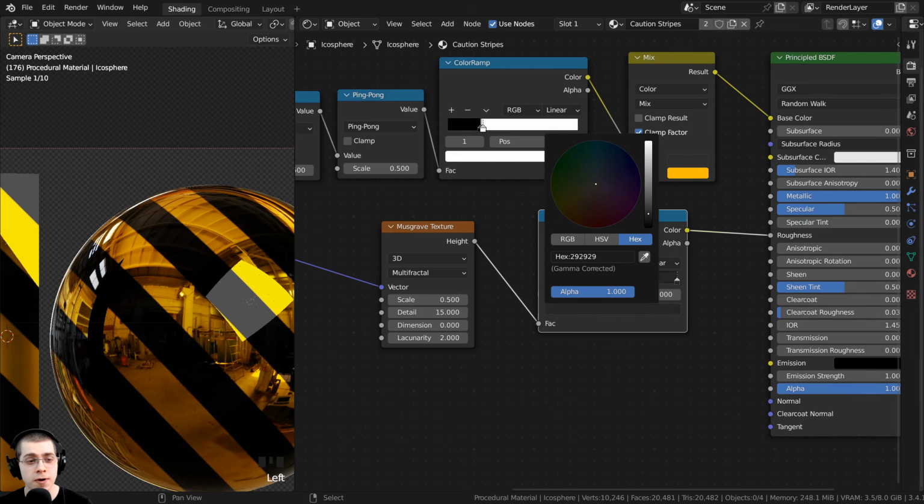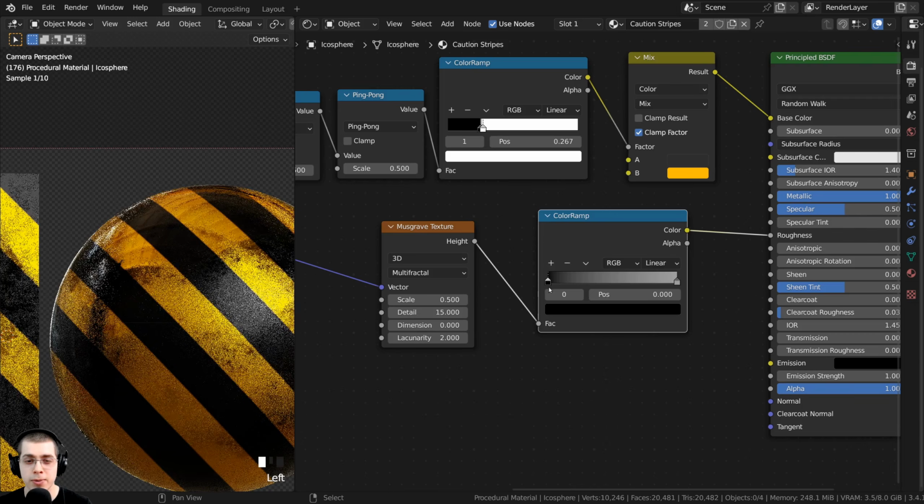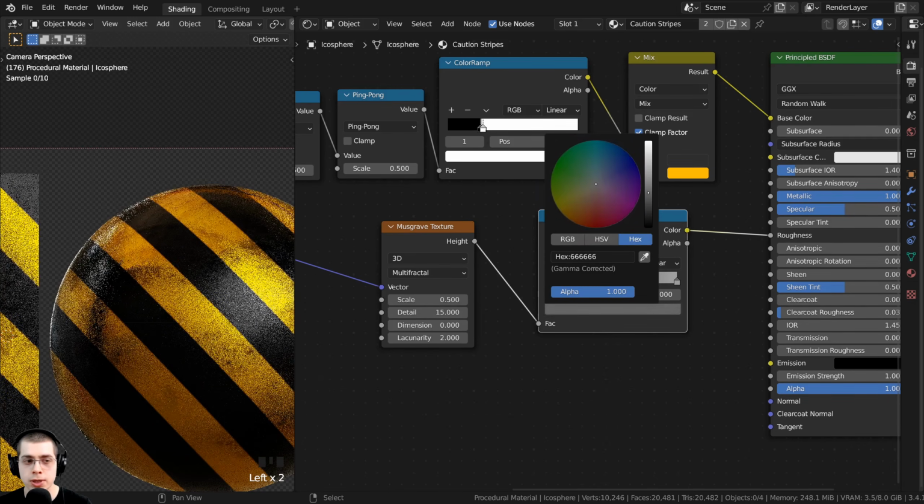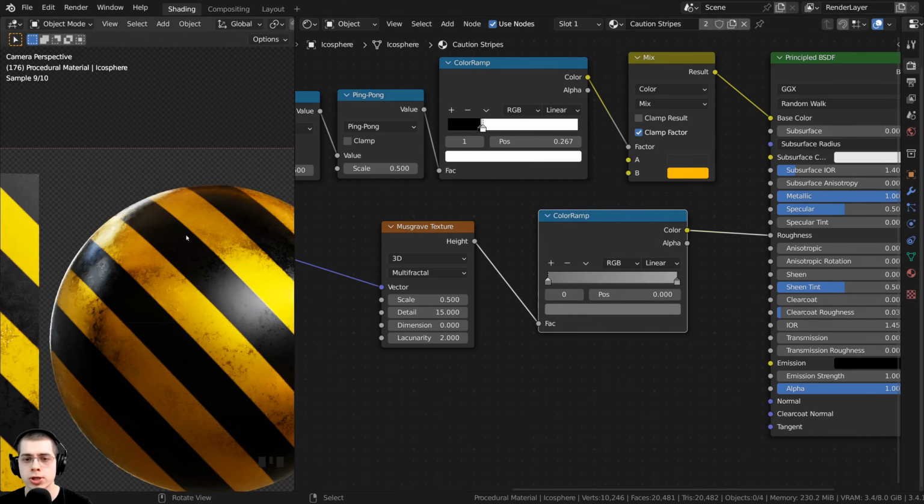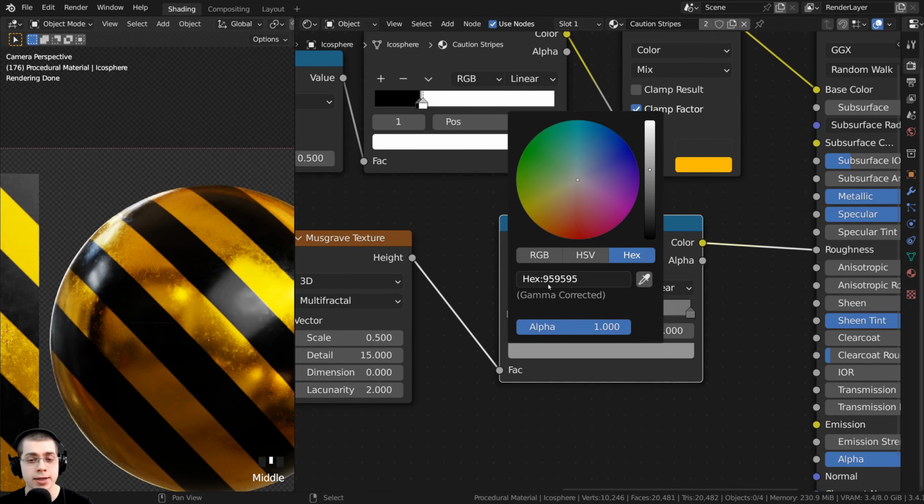So if the colors are darker, they're going to be more shiny, but if they're lighter, they're going to be more rough. So now I can just play around with these values. I can play around with the two tabs, and I can make it more rough and more shiny. So I'll make this color over here kind of like a light gray, and this one is going to be a hex value of